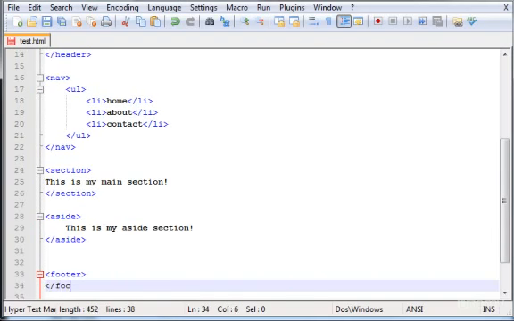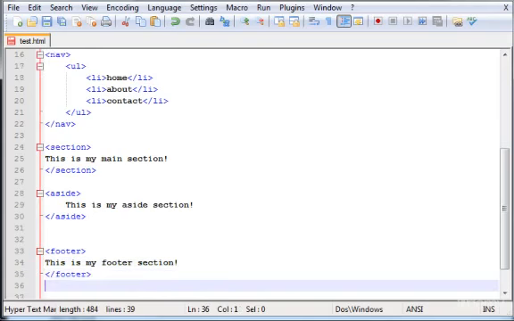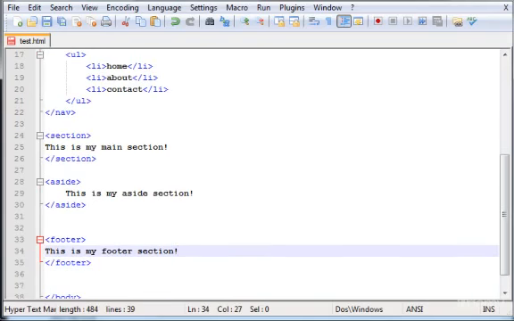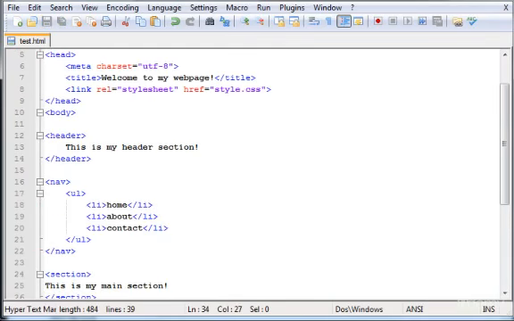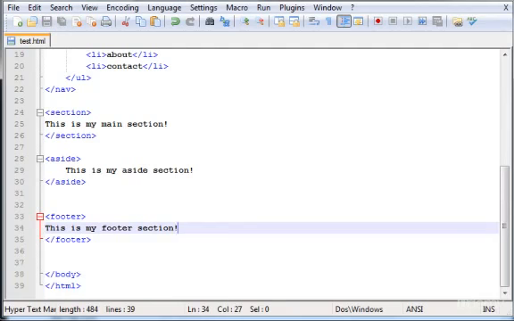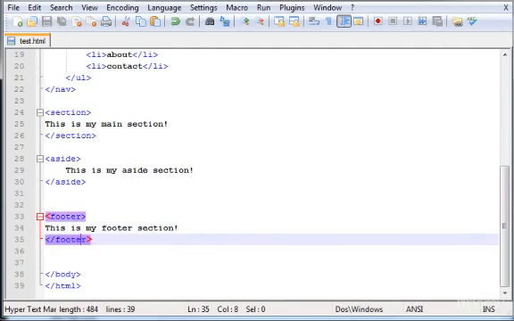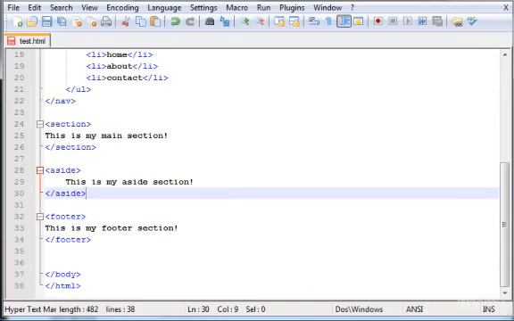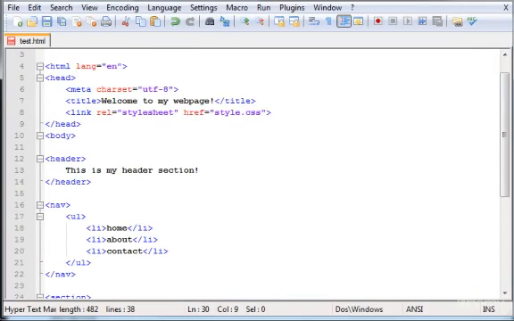So we have the footer, and here we can type, this is my footer section, normally where we put the copyright and all that stuff. Now that's basically it. We now have all the sections with the predefined tags of HTML5 to create our simple